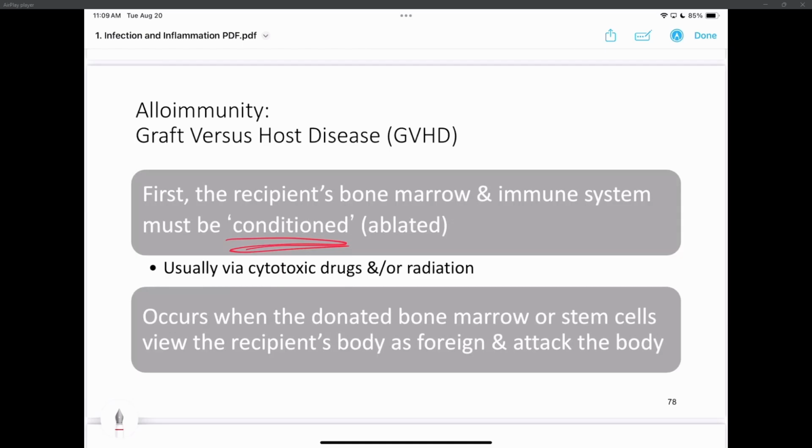So what's happening is you're getting a mixture of all these antibodies, and the transplanted organ rejects the host. Unfortunately, there's nothing you can do for that because you're mixing immune systems and you'll never know which ones are yours and which ones are the organ. Unfortunately, it leads to end organ failure and they pass away. There's nothing you can do because the organ is attacking the body, and where are you going to stop it? You can't take the organ out because the immune system is already in you, causing problems. So this is one other form of alloimmunity, graft versus host, where the graft, the new transplant, rejects the host.